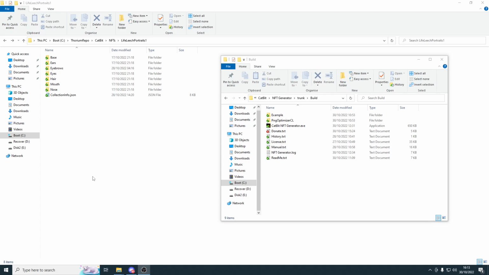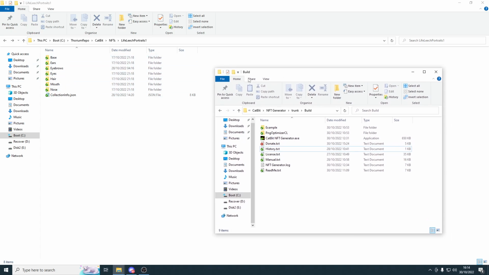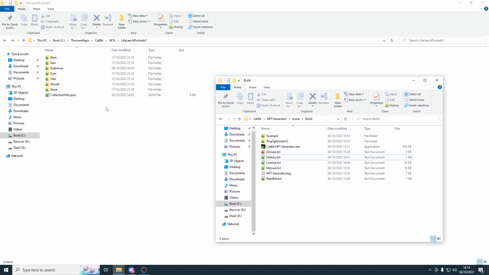The reason I made the software is because I need it myself. I'm working on a collection for a game, and I can show you how I generate the collection for the game. But it's not done yet. There's still a lot to be done on the collection, but I can demonstrate to you how the generator works